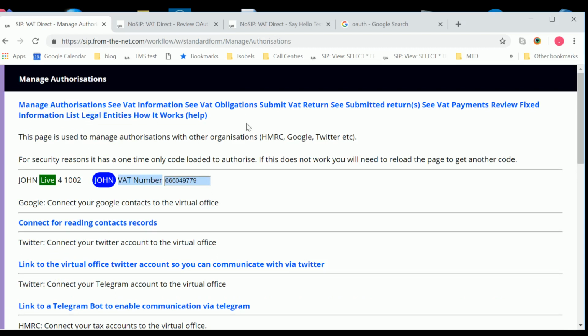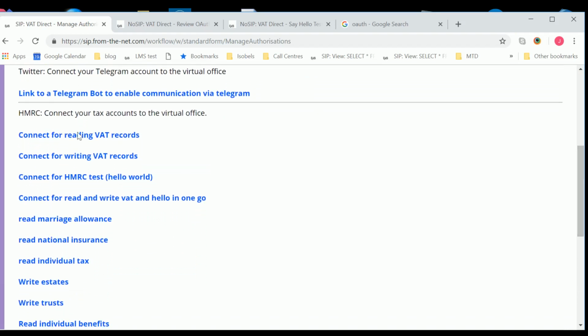Now we will look at going through the OAuth process for something called Say Hello, Hello World. Hello World is a test system on the live server. That is, it's a way in which you can check that your systems and everything else is working without necessarily needing to set up a link for VAT or something else. Now, if we click on the Hello World option here,